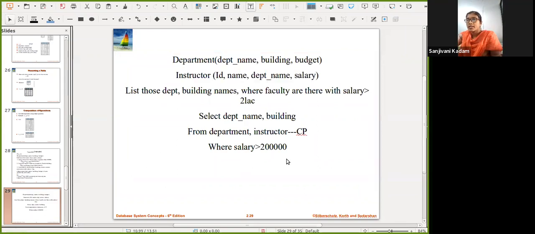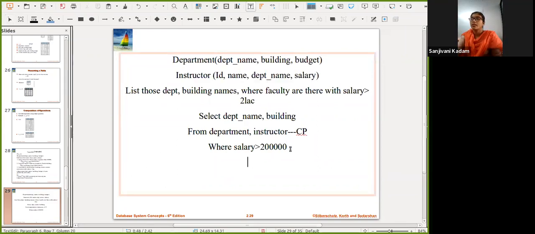So here I can write that if one of the tuples is CSE department, first floor, and budget consider 20 lakh. This is the first tuple. Then I have a mechanical department, which is on the second floor and has a budget of 20 lakh. So these two are the tuples from the department relation.